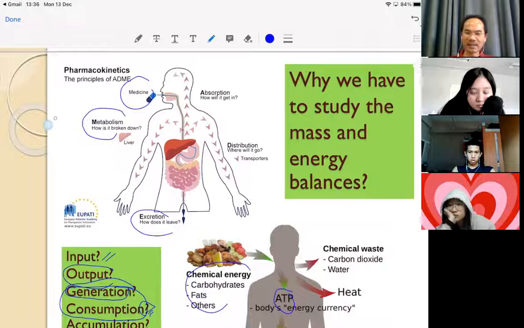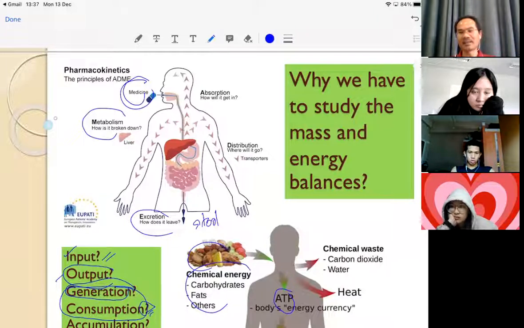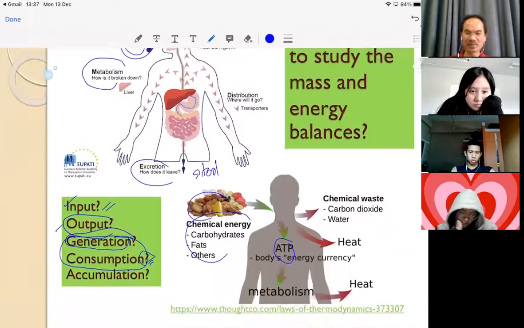In solid, that's right. Is it the solid weight or liquid weight, something like this? Urine is the mass out. Mass in is like the medicine and the food as input, and the output from your body. And also in the plant, the output is maybe your product, maybe waste, maybe byproduct output. The input is the raw material. And the generation is maybe reaction, product generated. Consumption is maybe reactant consumed.